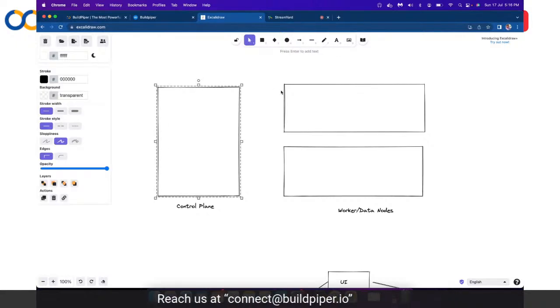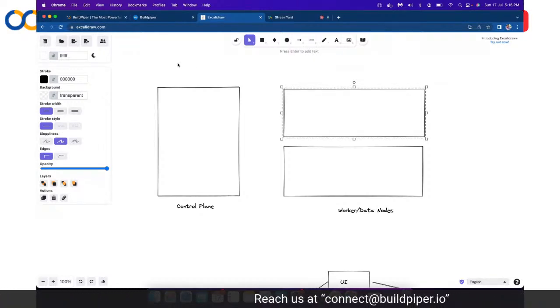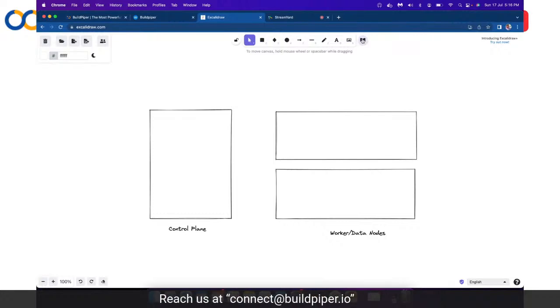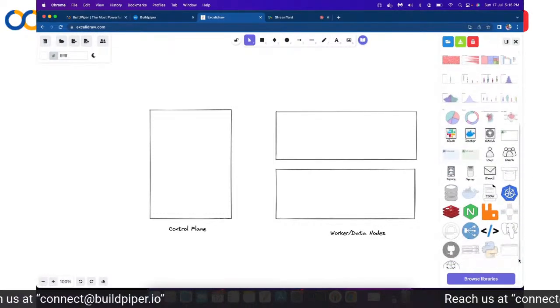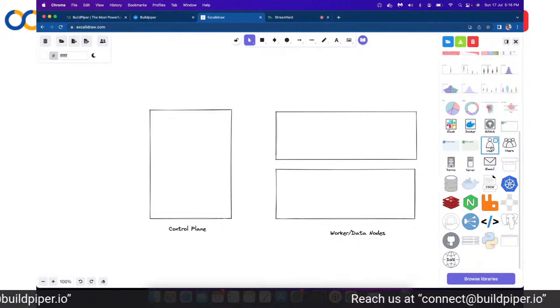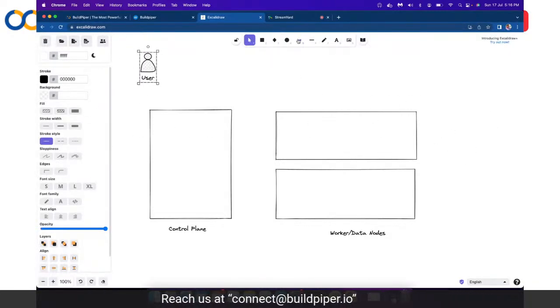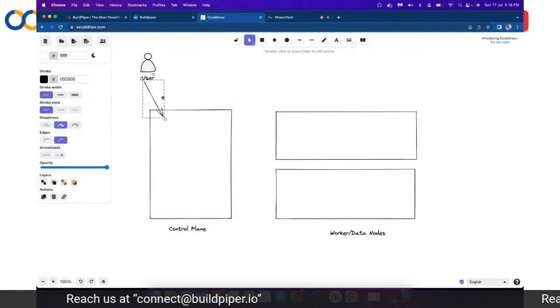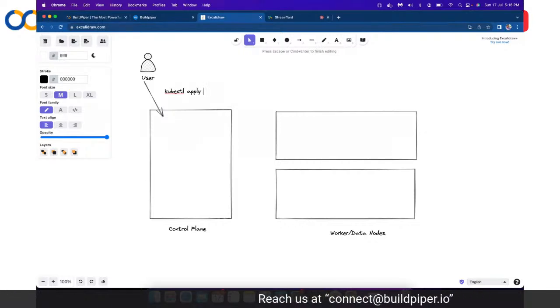So let's start with scheduling a workload, right? I want to schedule my very first containerized workload onto my Kubernetes cluster. Let's say I'm the user scheduling a containerized workload, probably using a kubectl command, right? Which would help me schedule my workload. Let's say I would be applying any of my manifest files,